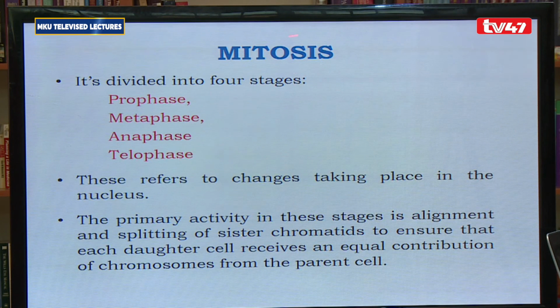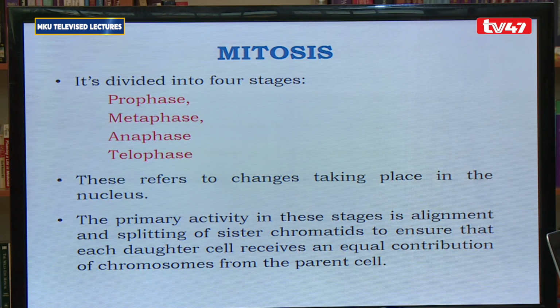Now division does not just happen. It happens in steps. There are four steps: prophase, metaphase, anaphase, and telophase. These are not distinct steps, but they are just trying to explain the activities that happen during cell division. The primary activity is that the chromosomes, which have been doubled during interphase, are aligned at a certain point so that they can be separated into the two